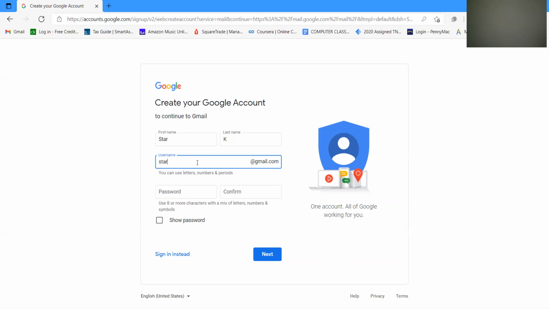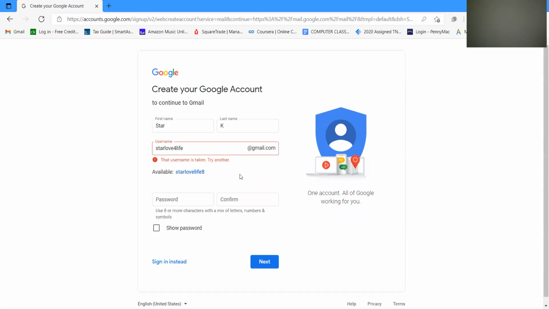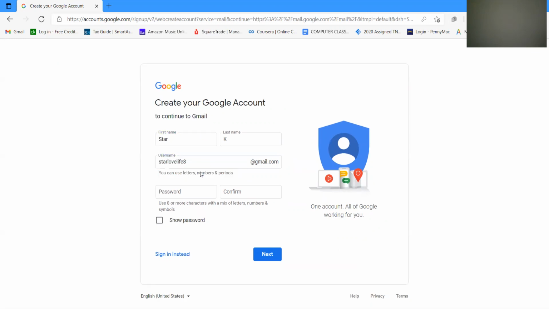I'm going to say starlovelife@gmail.com. Let's see if that takes it. Oh, nope, this one has already been taken. However, we can see that Gmail spit back an available email or username as starlovelife8. Okay, that sounds good. I'll just click on it. And so that's going to be my personal email account,